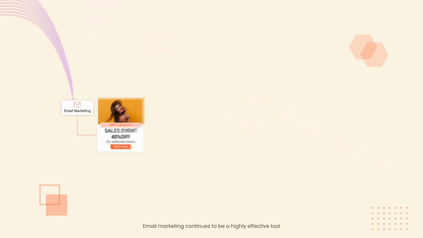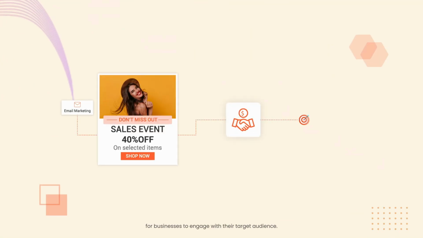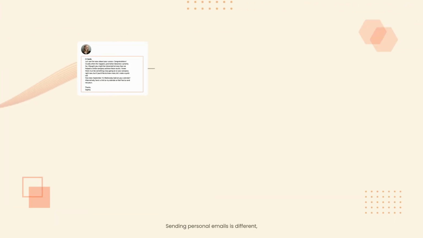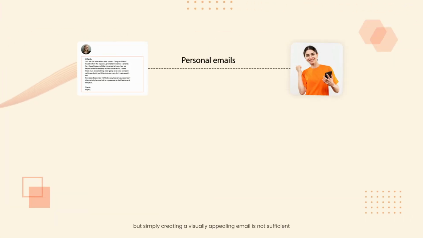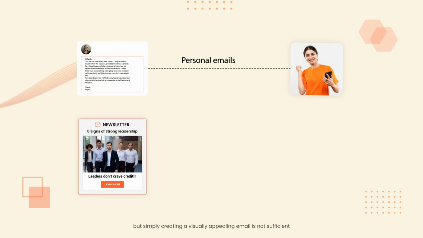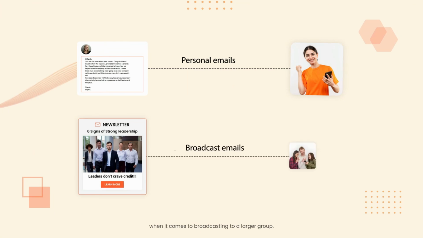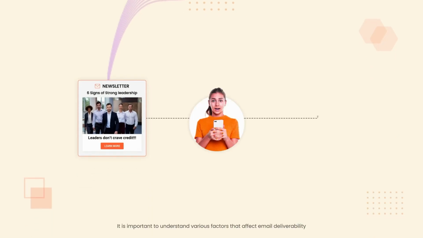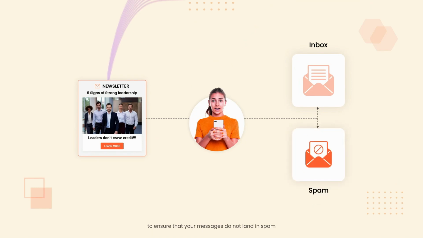Email marketing continues to be a highly effective tool for businesses to engage with their target audience. Sending personal emails is different, but simply creating a visually appealing email is not sufficient when it comes to broadcasting to a larger group. It is important to understand various factors that affect email deliverability to ensure that your messages do not land in spam, as emails landing in spam not only hampers user engagement but also disrespects everyone's effort,